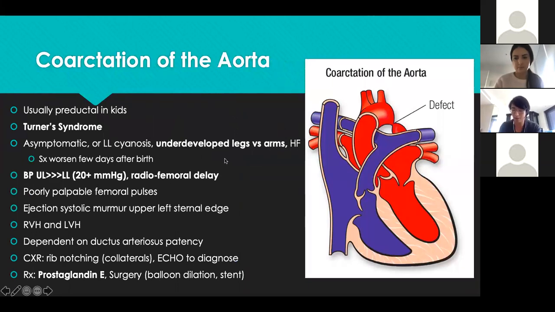So coarctation of the aorta is probably the most high yield out of your obstructive acyanotic congenital heart disease. So this is basically a narrowing of the aorta, and it can either be preductal or postductal, but in kids it's generally preductal. And to go on a bit of a sidewalk on this,